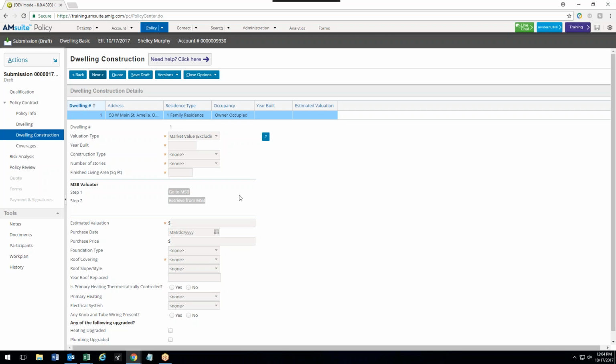So I'm going to enter in the year that the home was built, the construction type, numbers of stories the home is, the amount of finished living area, estimated cost, the date the home was actually purchased, purchase price of the home, my foundation type, type of roofing I have,